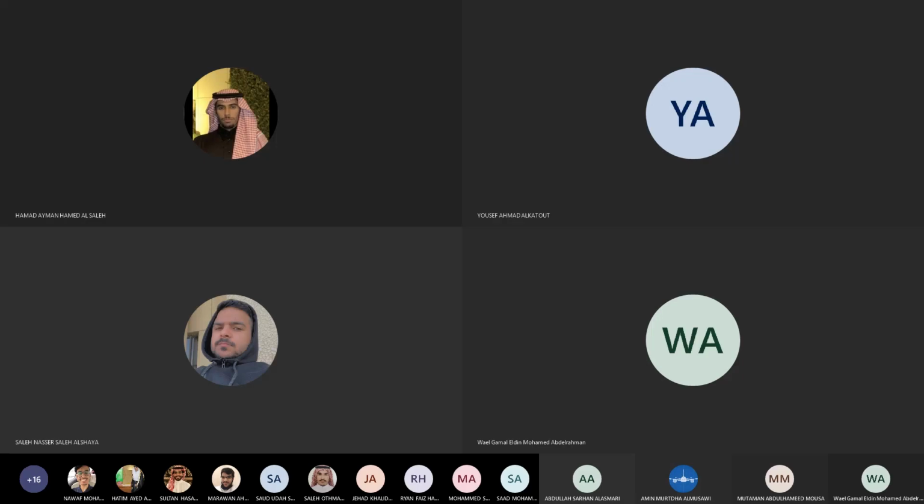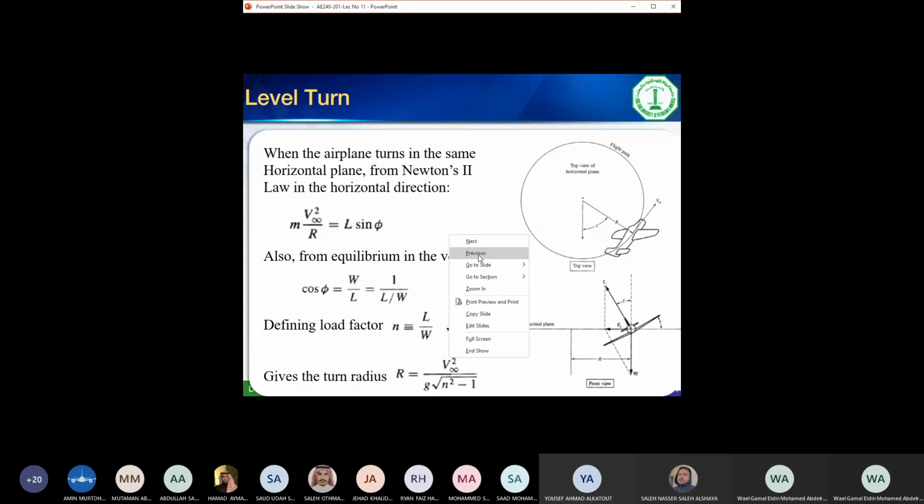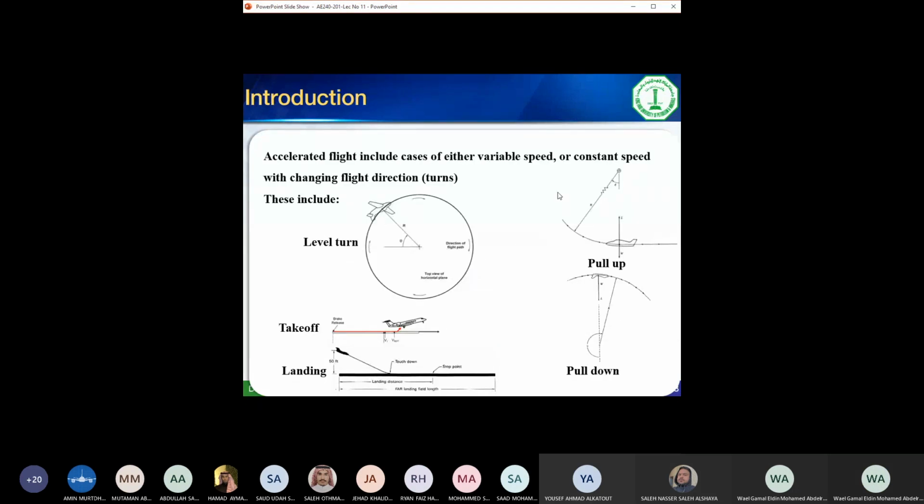Maneuvers like the level turn, when the aircraft turns in level position, or the pull up or pull down maneuver, as well as the takeoff and the landing, are important maneuvers. They usually come in terms of requirements. So when we do design, one requirement would be the maximum takeoff distance should not be more than a certain